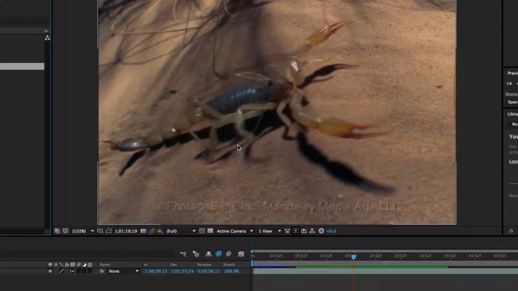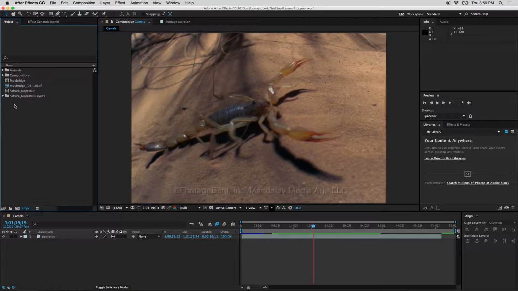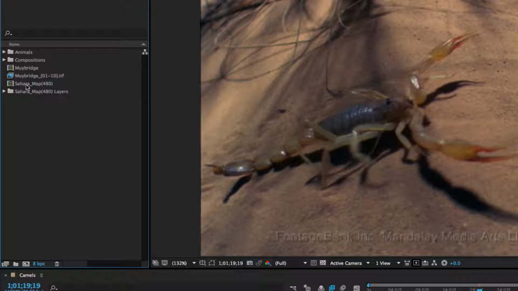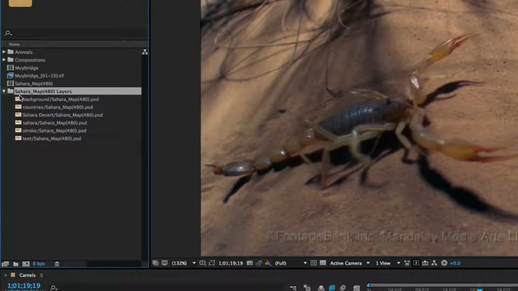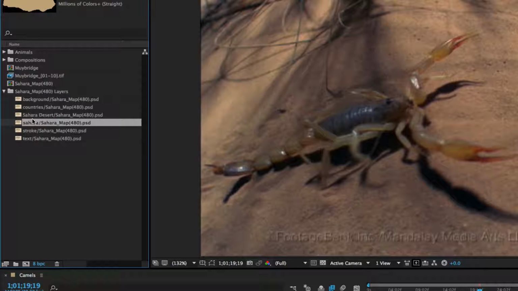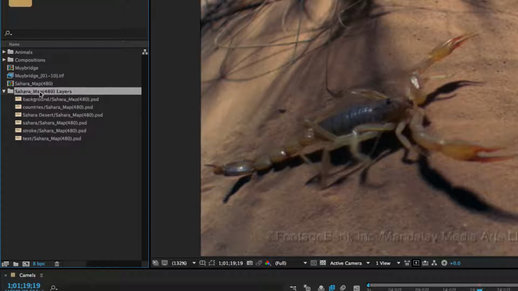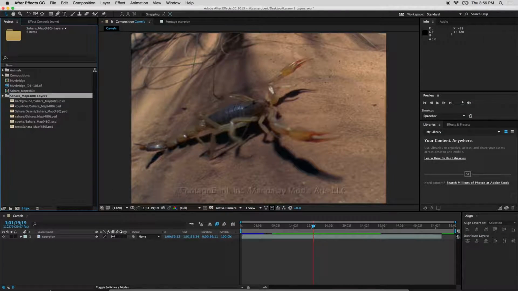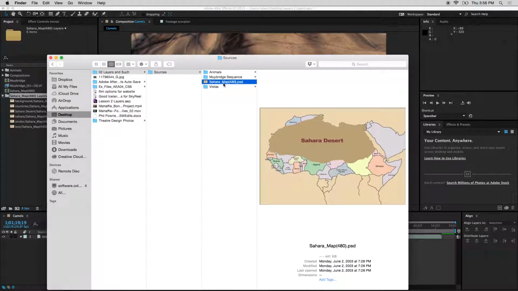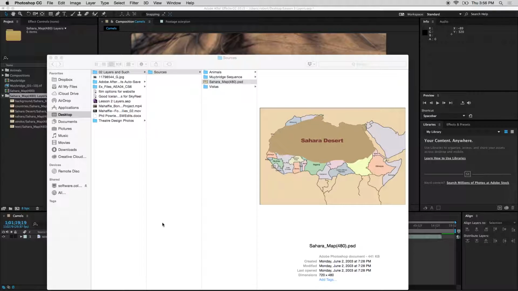And you hit OK. What this actually does is you see here, it's brought in two things into our source window. It's brought Sahara Map 480 as a composition. That's that icon. And it's actually created a handy little folder. And all of these things you see in here are actually the layers of the Photoshop file. So I can open, I should have actually, let's do that real quick. This is what it looks like in Photoshop. You guys don't have to open it in Photoshop, but